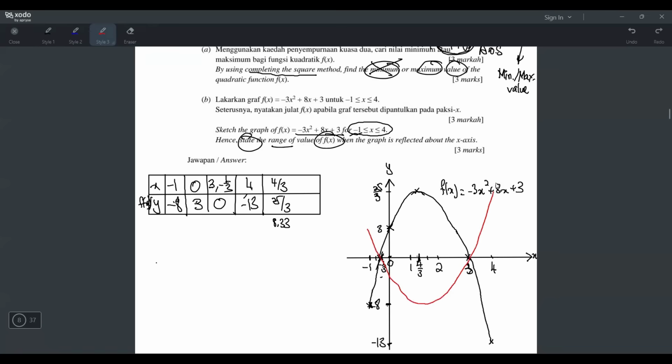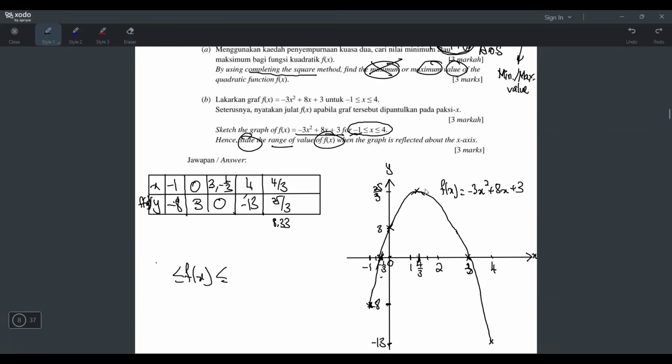Like this, like this, like this. Yeah, the red color part, right? The red color part. But they want to state the range of f(x), right? When after reflecting in the x-axis, okay, I will write down the range of f(x) before reflect first. So before reflect, what is the range of f(x)? Okay, the range of f(x) will be,